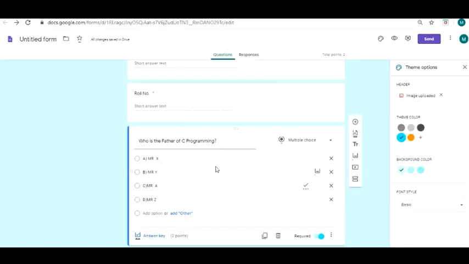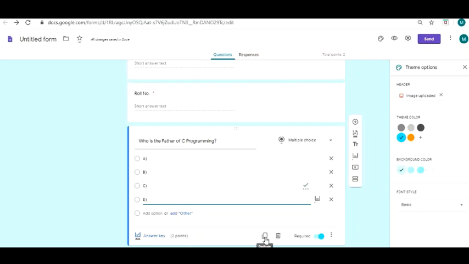Now if you are going to design a purely MCQ based question paper, then in that case what I would suggest is you prepare a template. Prepare one template, that is one question of this sort, and assign the grading to it.